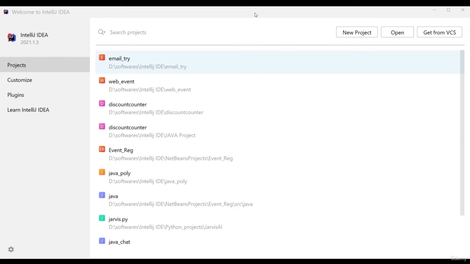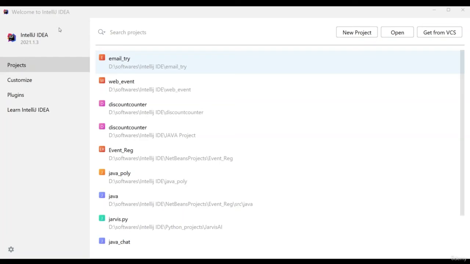So once I click new project, I'm going to create it here. Once this screen is loaded, you have to specify your JDK, or we can say SDK. It will automatically detect your SDKs. Here I am using the 16th version of JDK, so I am choosing this. No need to install any additional libraries like Groovy or Kotlin here, or to specify some user defined libraries also. Just click next.